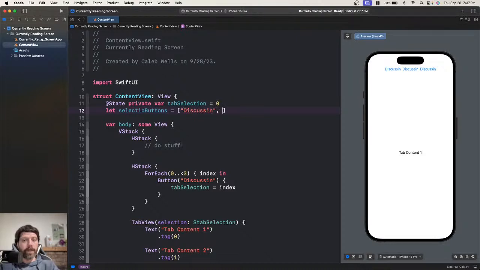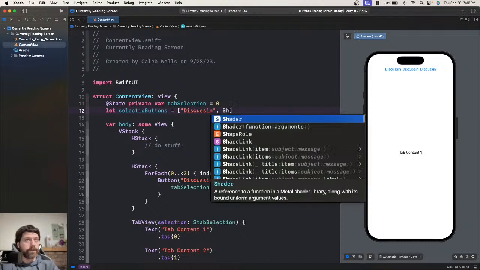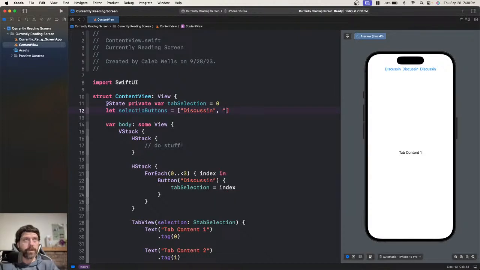Next one's going to be schedule. Oops. It's a string, so write it as such, apparently. Schedule. And then we're going to have resources. Alright, and now we want to go down to line 21, Command L, and we're going to go 21,